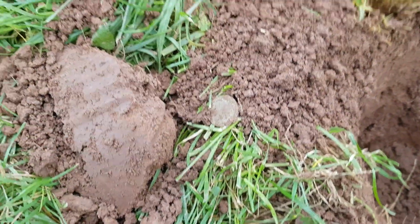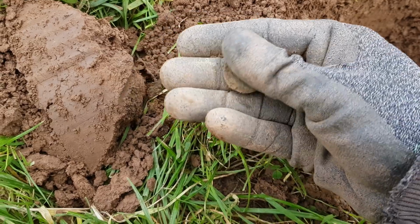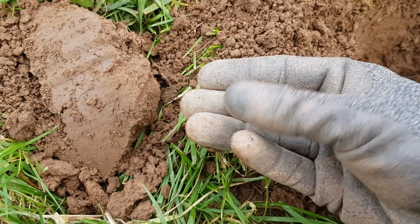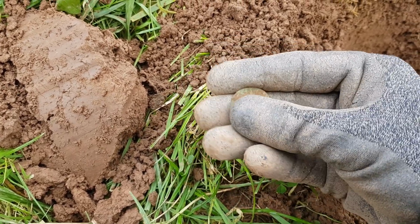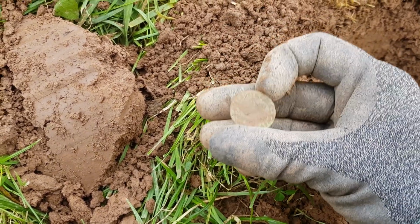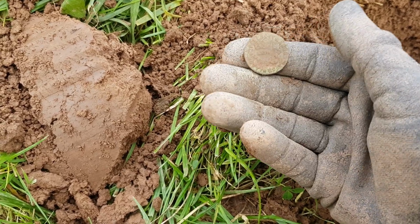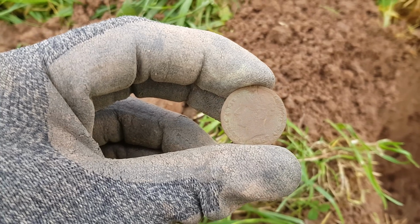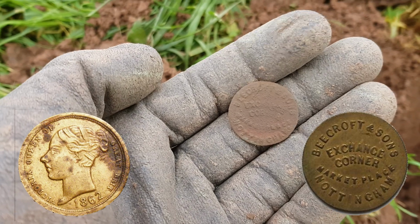Just flipped out this little coin. Looks like a little farthing. Who's that then? Looks like Victoria. Oh, is it one of those Hanover tokens? Let me give that a little clean. Oh, there it is. It looks like it's trying to be Victoria, but on the other side it's like something